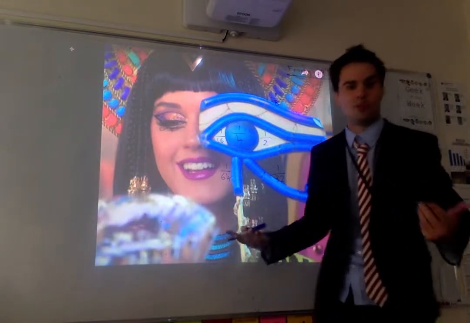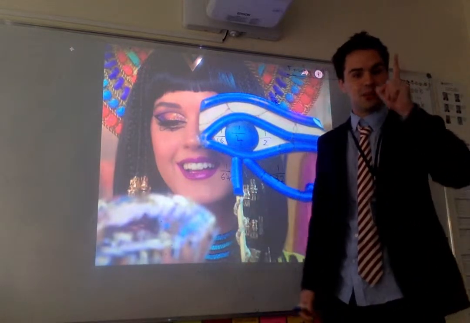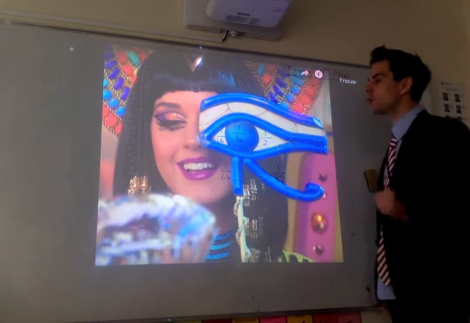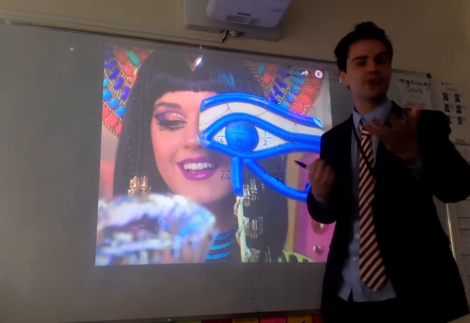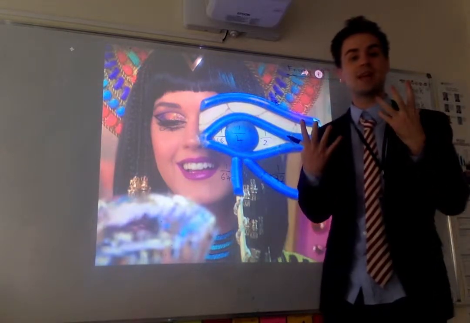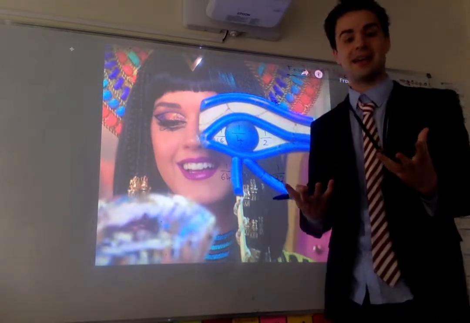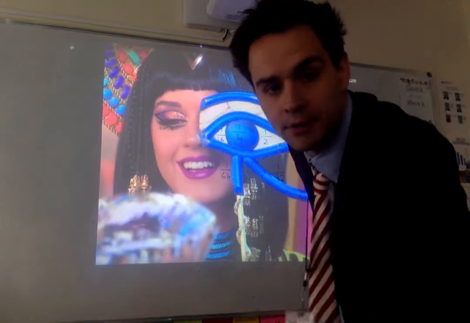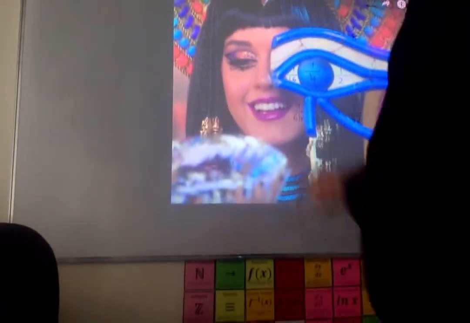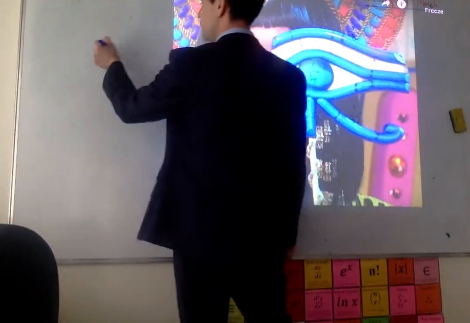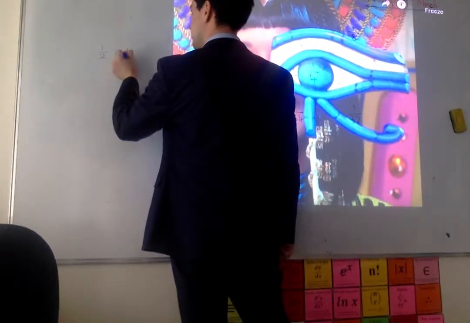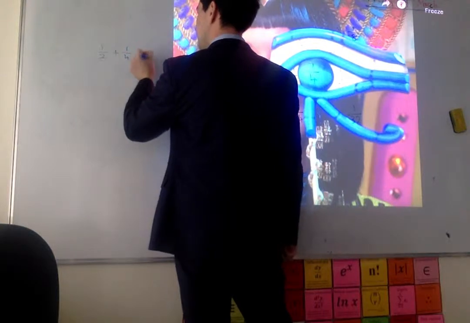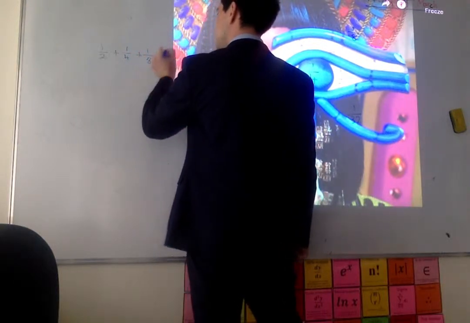Now, why is that interesting? Well, I did say that this was only part of Horus's eye. Even the god of mathematics, Thoth, was not actually able to restore the entire eye. And part of that is because, if I turn the camera, I'll be able to write this down on the board. If we add these fractions up, so if we do a half plus a quarter plus an eighth plus a 16th